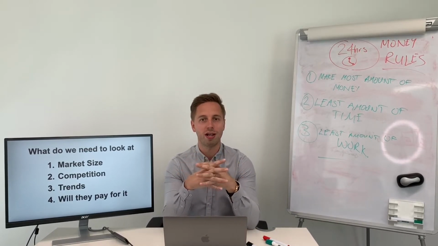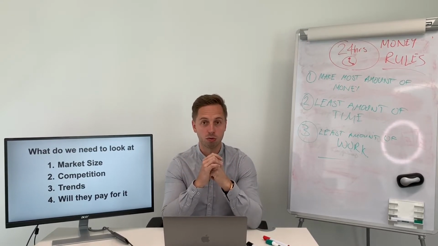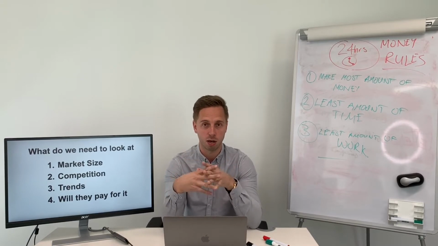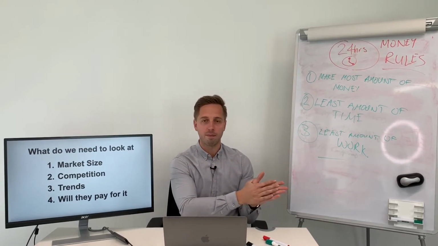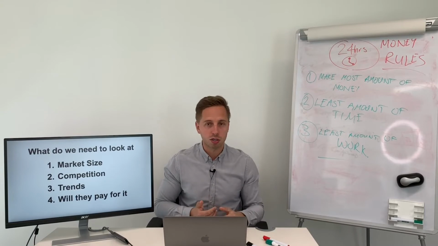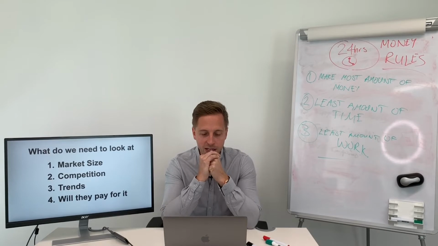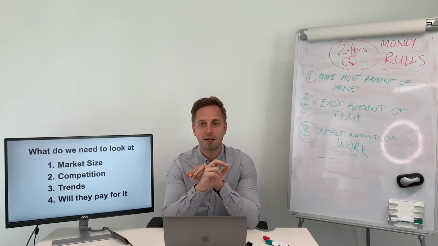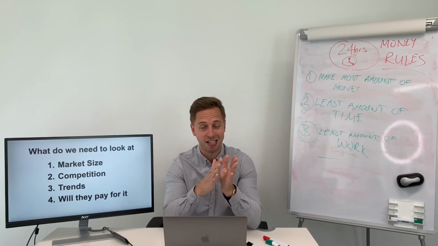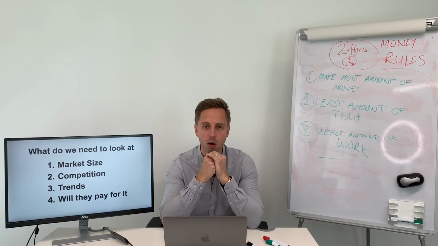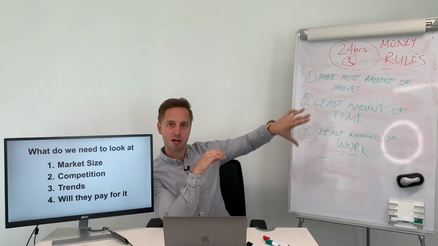So she worked out her costs, and it worked out that she would make about £4 per box of tea sold, because there were people selling it for £10 or whatever. And I asked her, what's your monthly target of the money you want to earn? And it wasn't a lot. It was just a starting point. She just wanted to replace her day job. And it was £2,000. So I said, hang on a minute. You want to make £2,000 a month selling these tea boxes where you profit, not turnover, profit, £4 per tea box. That's a lot of tea boxes you've got to sell to make that £2,000. That doesn't meet my money rules, right?